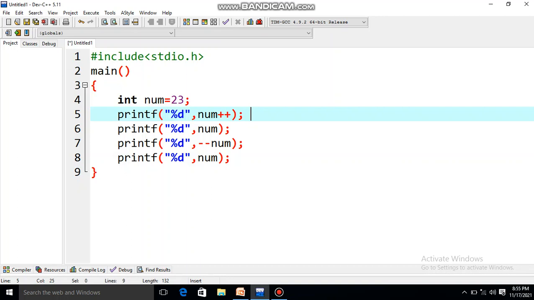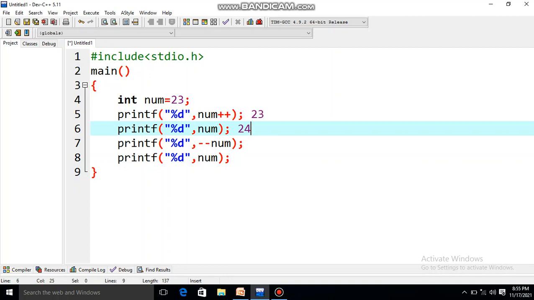So what is the original value? 23. So when you run this program, you will get 23 as the result. Now after evaluating the expression, the value will be incremented by 1. So if I want to know the current value of num, this time it will be 24.